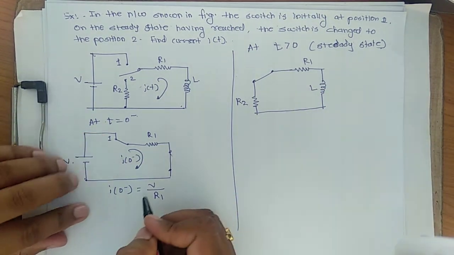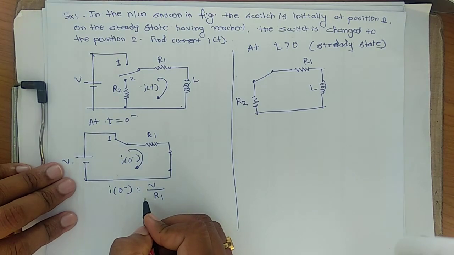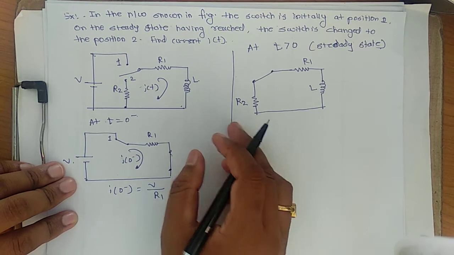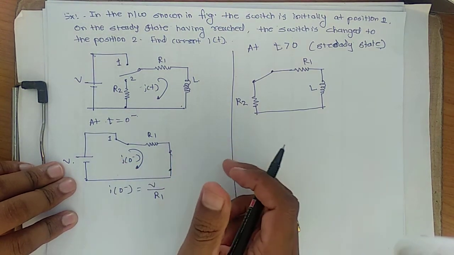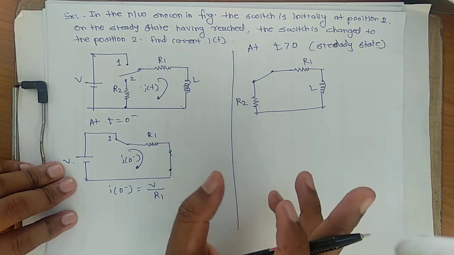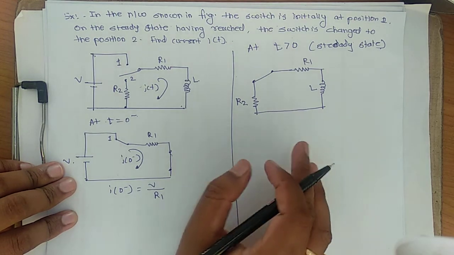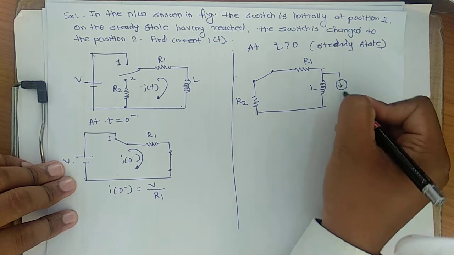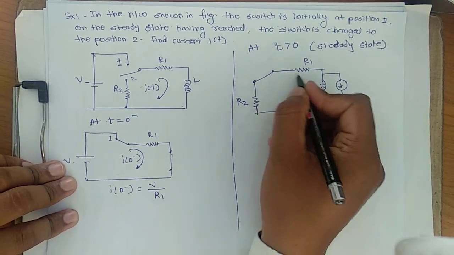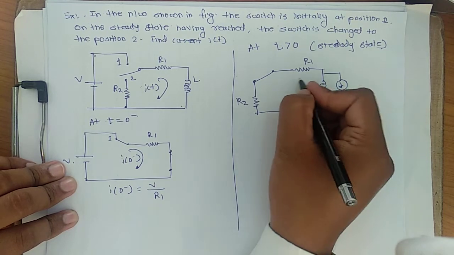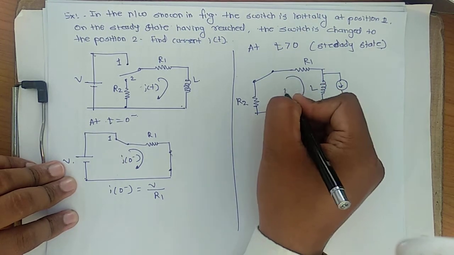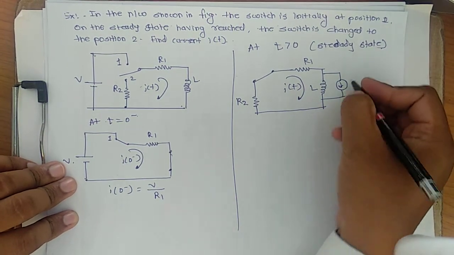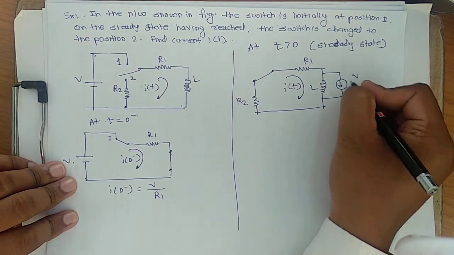And what about the current source? The current which was previously flowing at I0 minus, meaning at 0 minus some current was flowing, we have to add somewhere. When you are adding the current, it should be added in parallel with the inductor. That current is flowing in the downward direction, because that was its direction. So this current I of t we have to calculate.